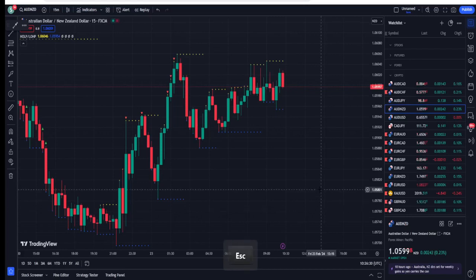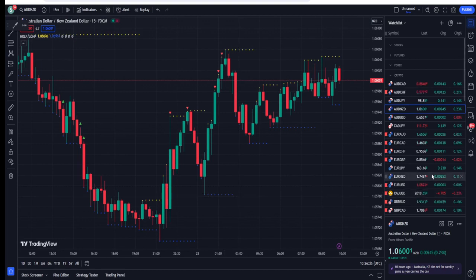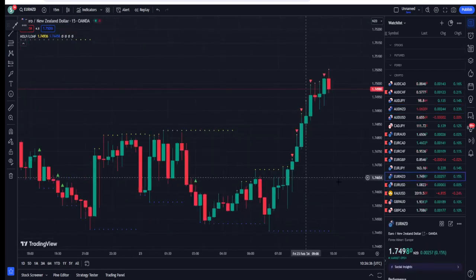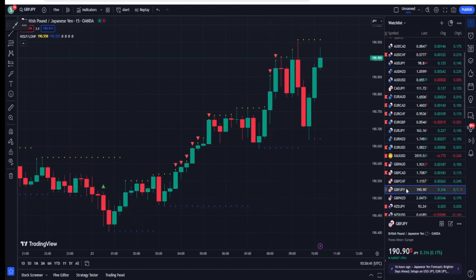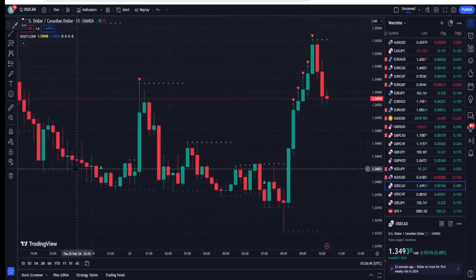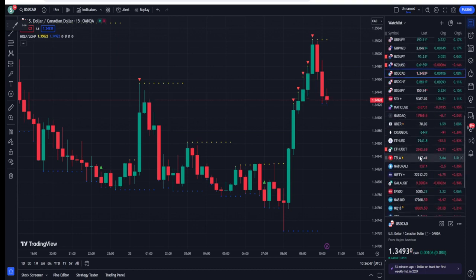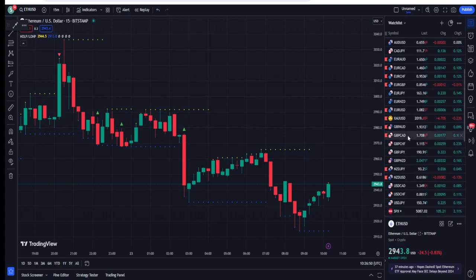In this video, I'm going to show you the most accurate trend reversal indicator that is available on TradingView, and this is completely free to use on TradingView. So guys, this is quite an interesting indicator, and today I will show you a technique by which you can catch a lot of good signals by using this free indicator,